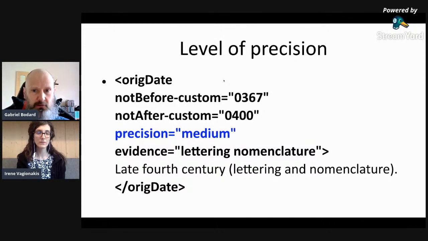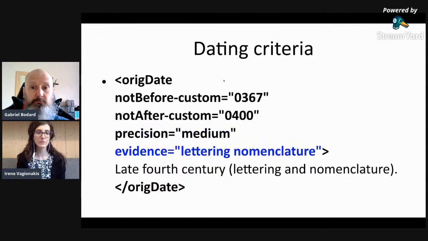These numbers are arbitrary. We talked about that a bit already, and very often we will have dating criteria. We'll say this is late 4th century, and we know because of the lettering and the nomenclature in the text,